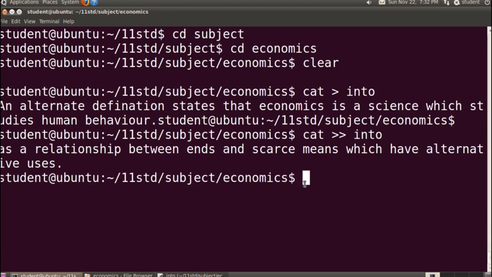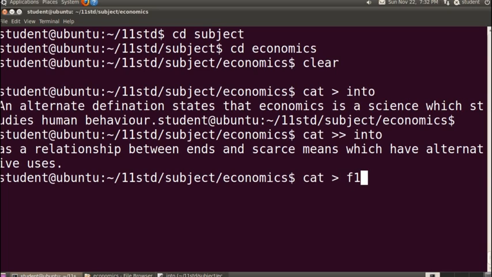Now, next thing is that if you create another file and if you want to add the data of both the files into file 3, then how to do that thing? So first I create file name F1.